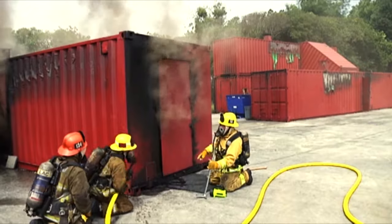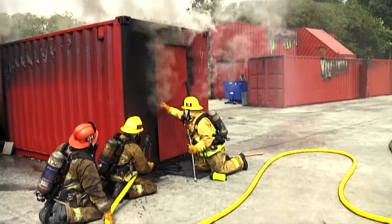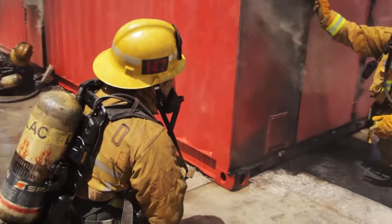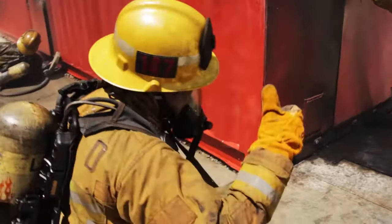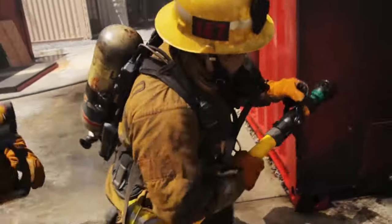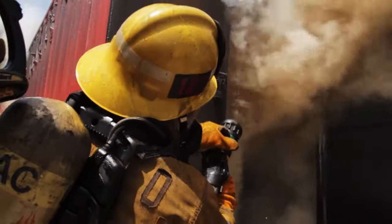Before entry, check for heat by applying a short burst of water onto the upper third of the door. If steam is produced, you know you have heat. The next several tasks of the team are critical to limiting the fire's growth and effectively getting inside to control the fire. As the nozzle firefighter and the captain are ready to advance inside, the door control firefighter opens the door cautiously. Once the door is cracked open, the firefighter at the nozzle flows a straight stream at the ceiling